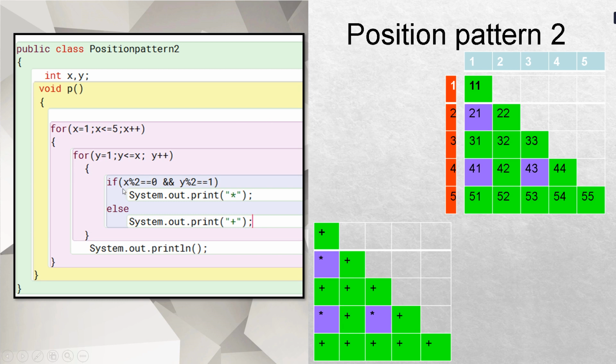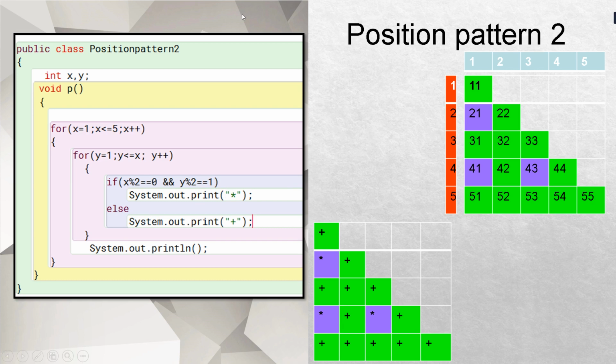So I have taken x is even and y is odd, star has to be printed, otherwise I have to print a plus sign. So this is how we trap the locations and print the values.